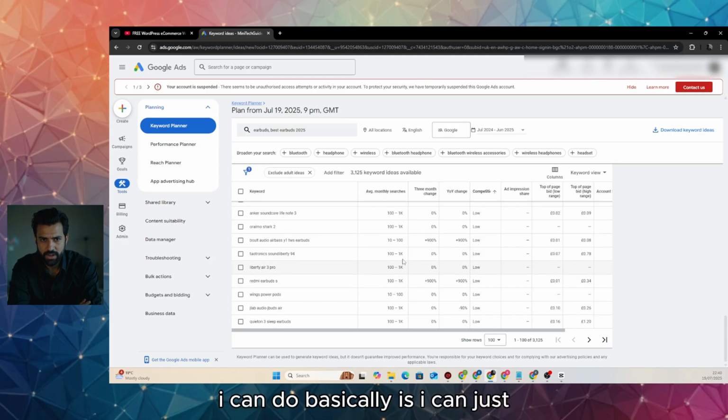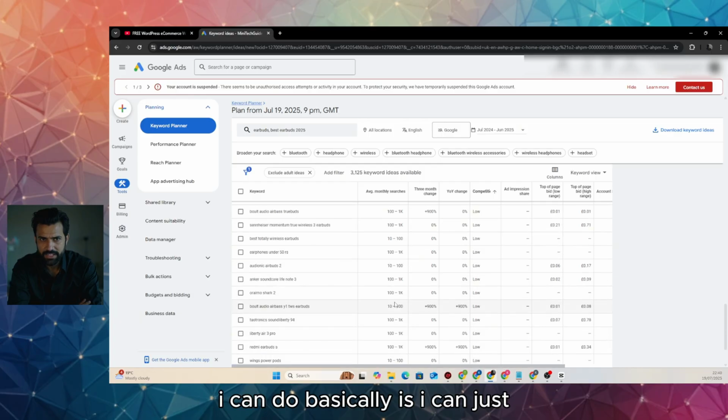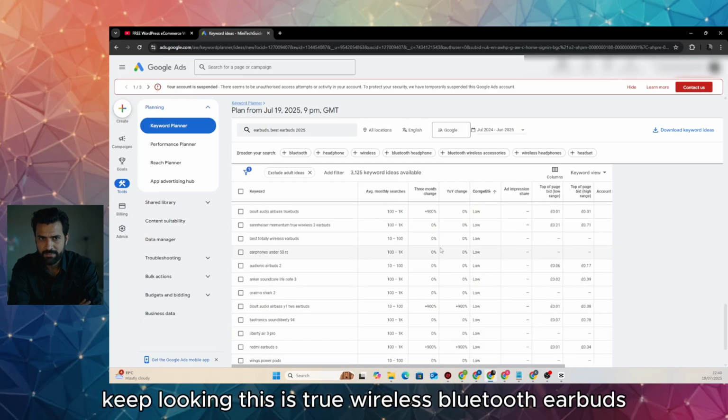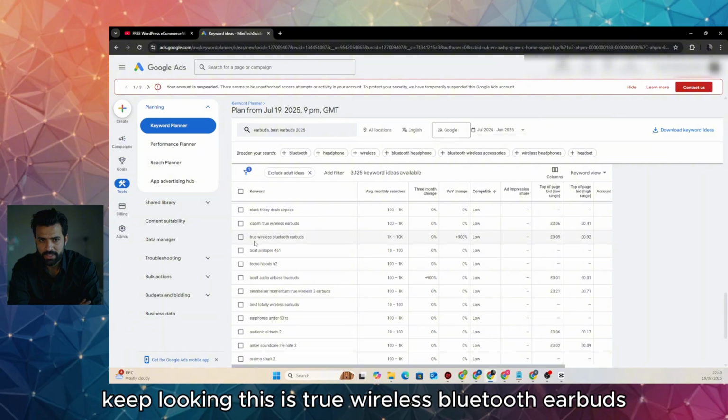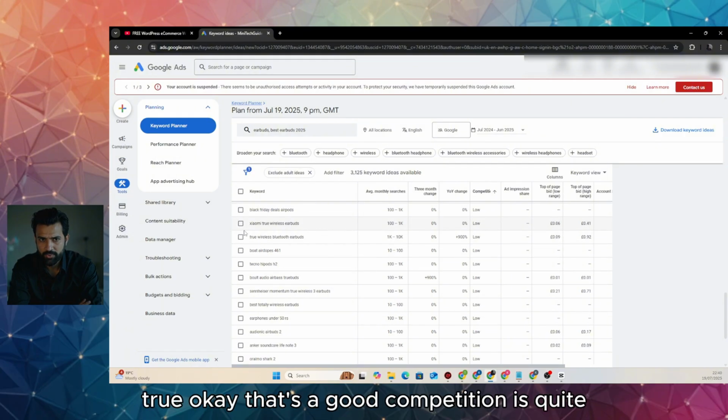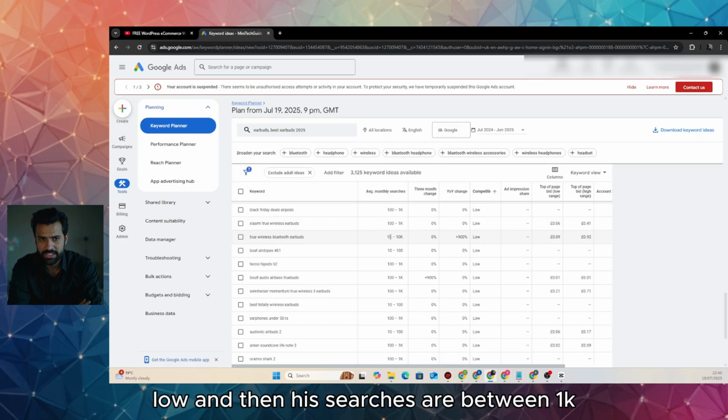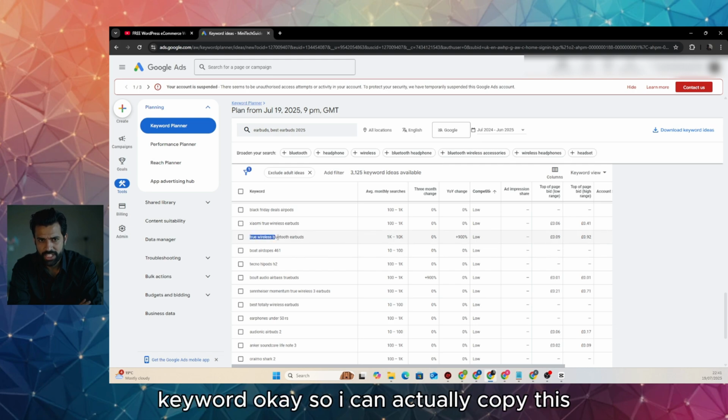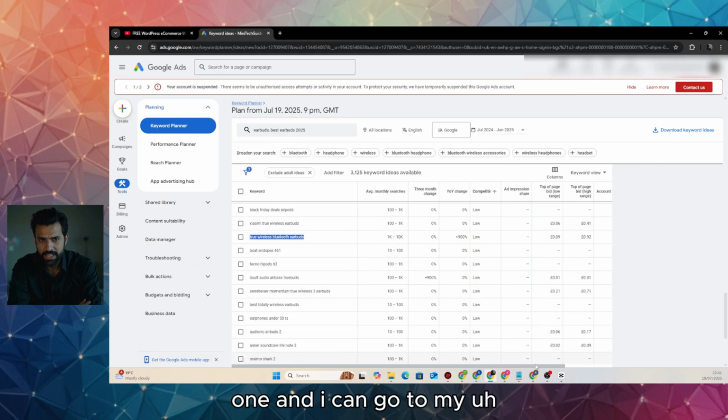But what I can do basically is just keep looking. This is "true wireless Bluetooth earbuds". Okay, that's good. Competition is quite low, and searches are between 1K to 10K. So this can be a good keyword. I can copy this one, and I can go to my